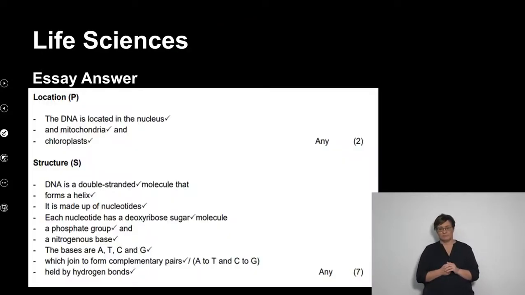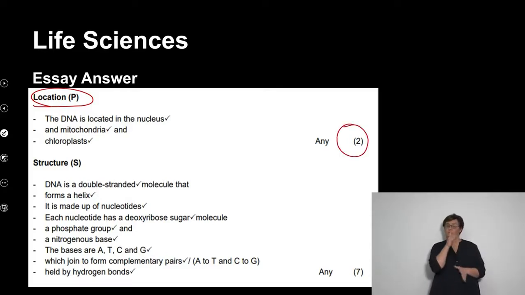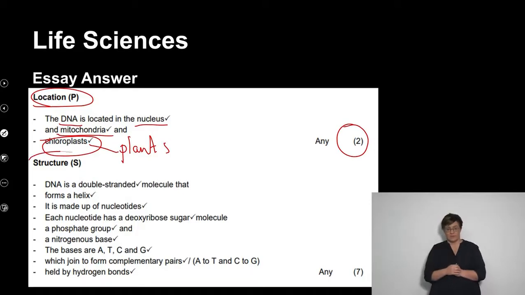Okay, so in terms of describing the location, it's important that we recognize that part of the question required us to describe the location. We know that DNA is found in the nucleus as well as the mitochondria, and make special emphasis of the chloroplast in plant cells as an organelle that contains DNA. Then in terms of discussing the structure of DNA, we've got to be able to describe any of these 7